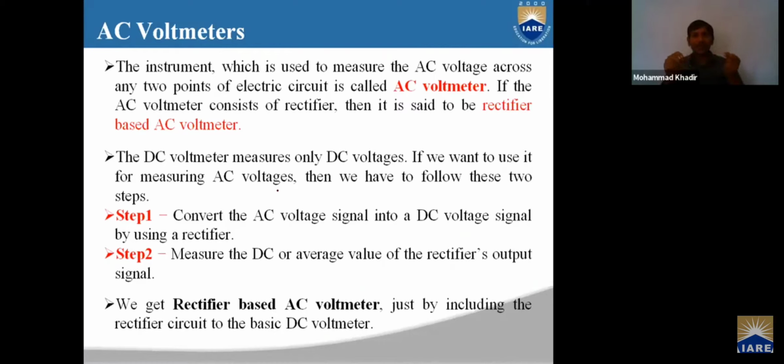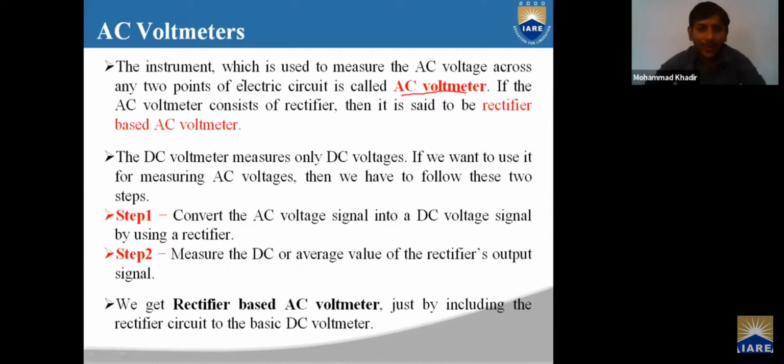If it is voltage, we have to use a voltmeter. If it is an ammeter, we can calculate current. Similarly, it is the same as a DC voltmeter, just the difference is that it measures AC voltage. We choose an electric circuit to measure AC voltage across 2 endpoints, so we are going to choose an AC voltmeter.